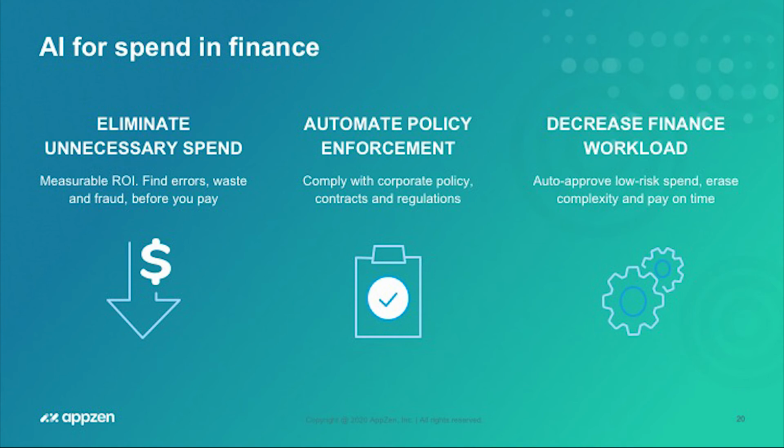Another quite significant benefit we've found is that you may not have the resources and the expertise to cover all the different languages of the different countries that organisations operate in. With AI, automatically you've got a wider scope and you're able to identify out of policy spend in 40 plus different languages, and therefore you're able to detect items which perhaps in the manual world you are not able to. The second value pillar is really eliminating the manual process and alleviating the human touch point